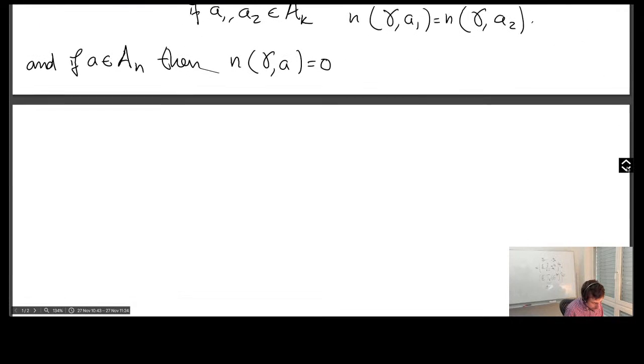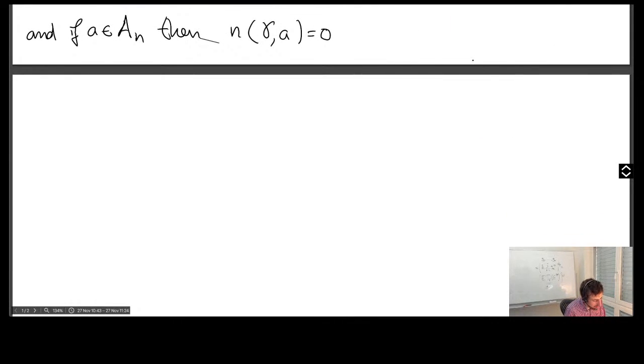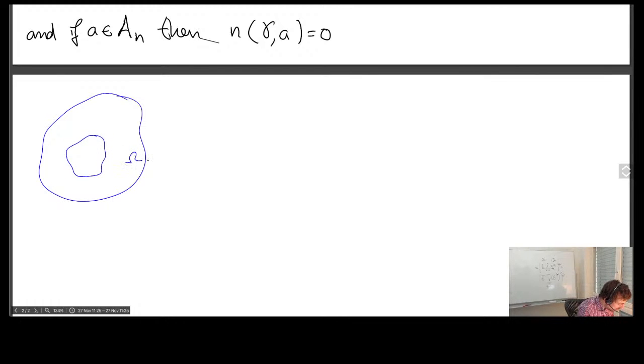Okay. So basically, by the same argument that we used to prove that being simply connected was the same thing as winding number zero, maybe it's worth drawing another picture just to make sure that things are clear. So what we said is if we had a region maybe like this, say omega, and if it wasn't simply connected, where the definition was that the complement was disconnected, so the complement now has this region here and this region here, so it's disconnected, then there was a point outside the set where the winding number was not 0, right?